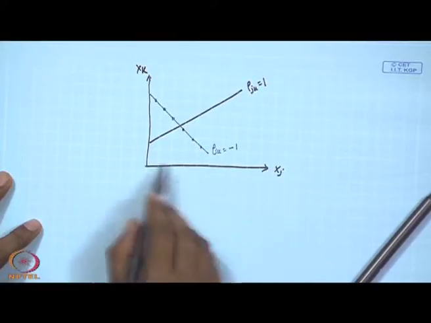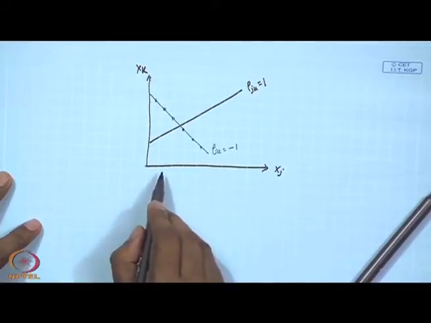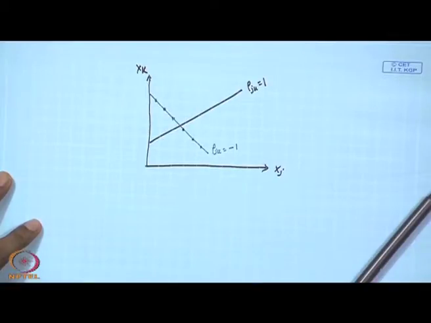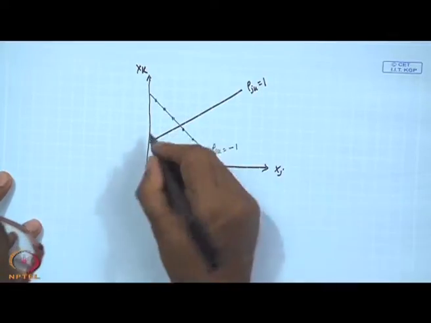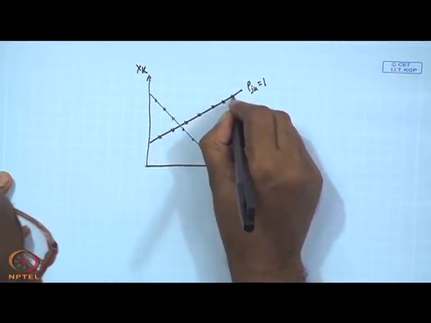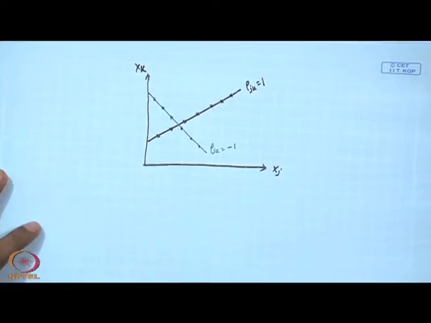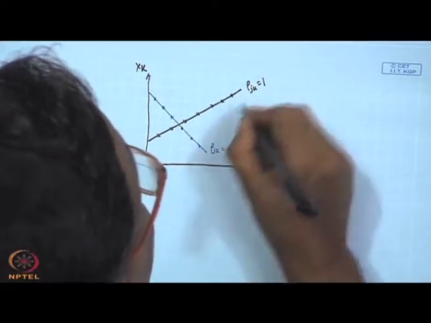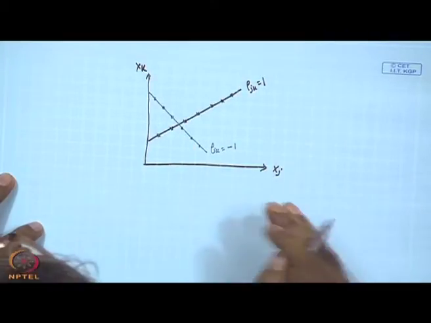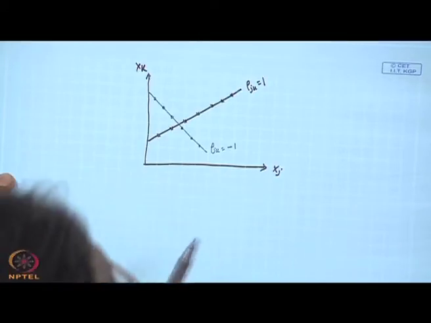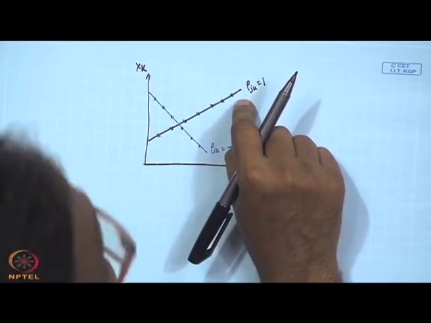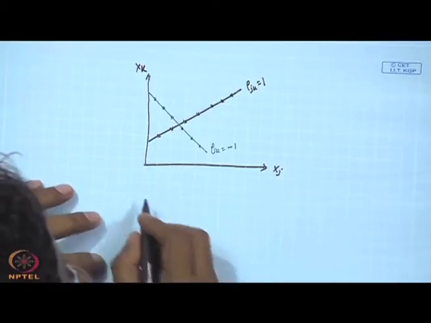That is why it is negative. Here, when x j is increasing, x k is decreasing, and in this case when x j is increasing, x k is also increasing, all falling under the curve. Positive is possible when both variables co-vary in the same direction, negative means in the opposite direction, and 1 is possible when you find a perfect straight line if you do curve fitting. And when you will get 0,